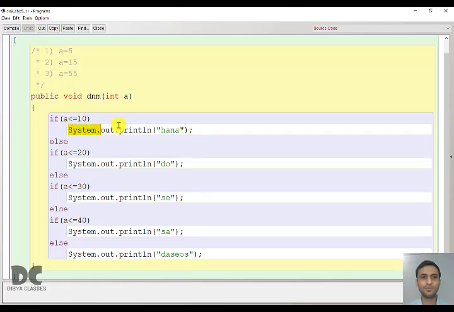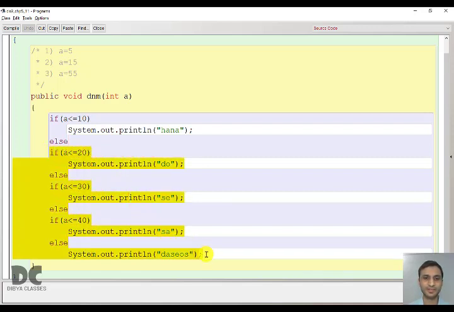So if true block is executed, then the false block that is present inside else will not get executed, and in this case the whole thing is present inside this else. The whole thing that is marked yellow is your false block. So since true block is executed, false block will not get executed, so your answer will be Hana.